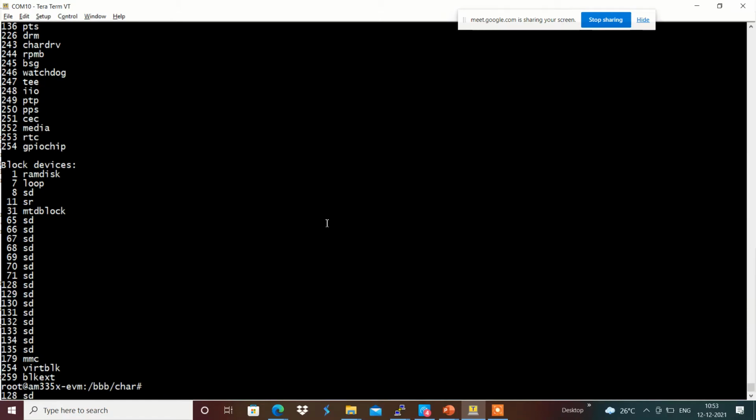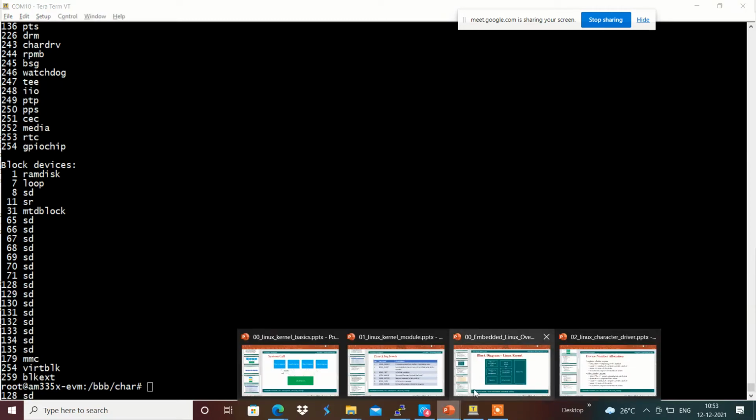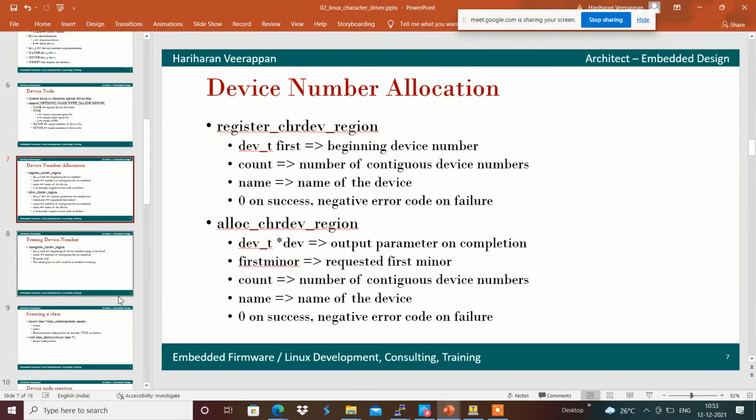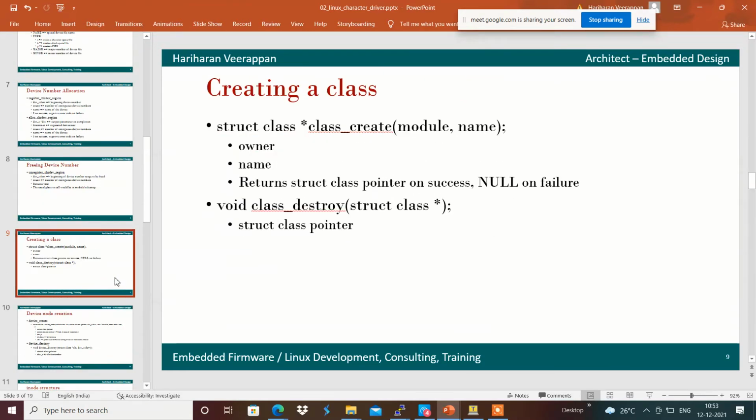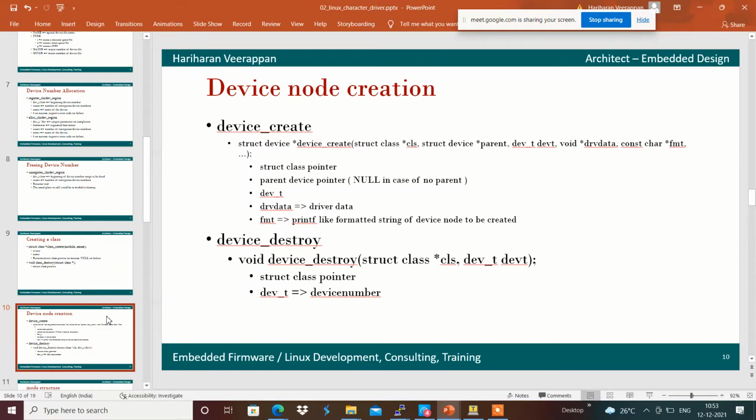If, based on the number we got in the character driver, we wanted to create a device file automatically from the kernel driver, then we can use functions like creating a class. The class can be created and the device node can be created automatically by the Linux kernel module accordingly. Now we will see how we can do that.